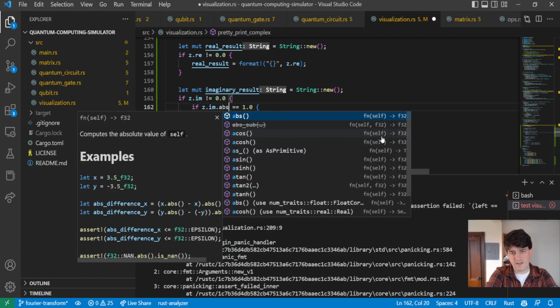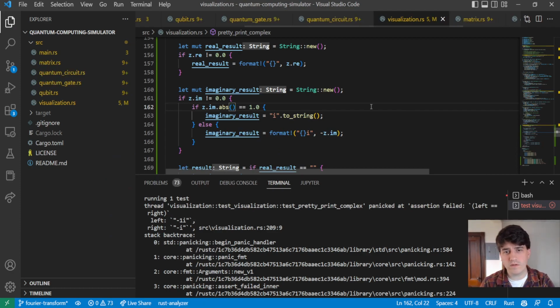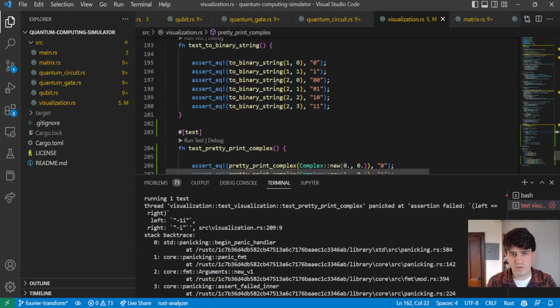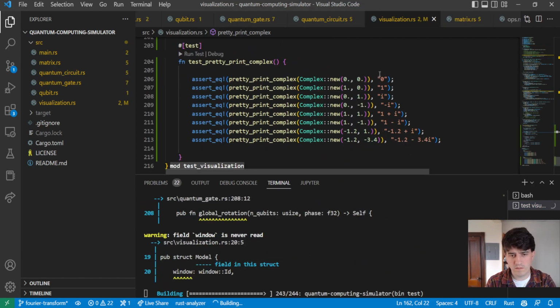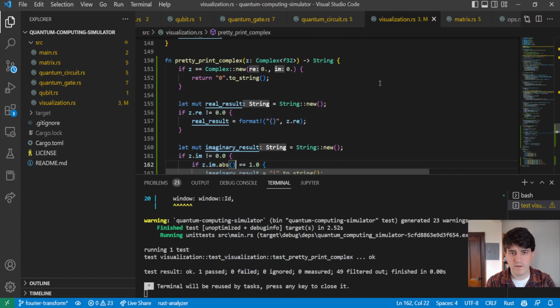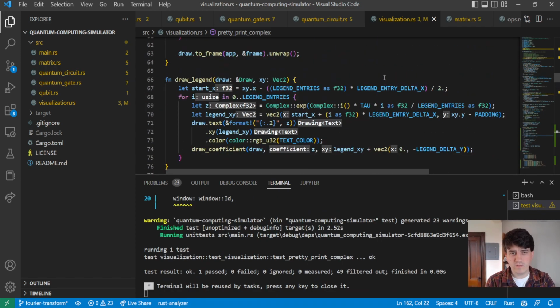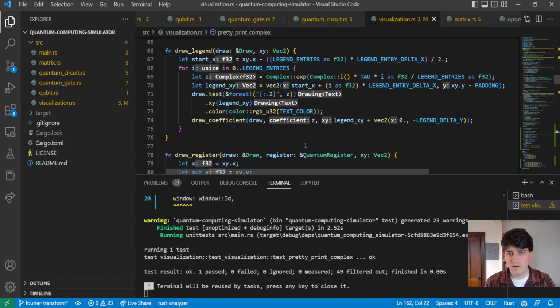Dot imaginary dot absolute value equals 1, then we just want I. There we go. Okay. And now in our draw legend function, we can make the text